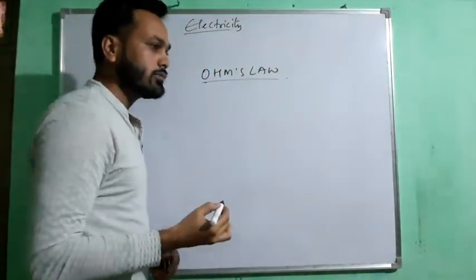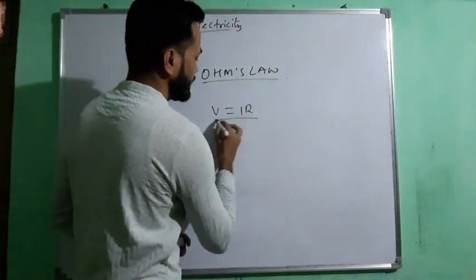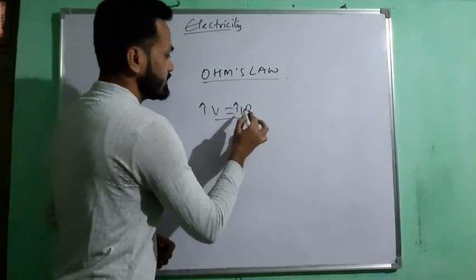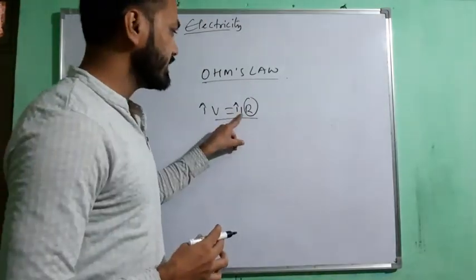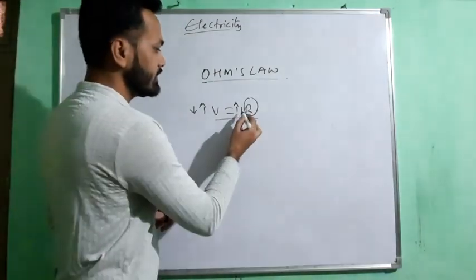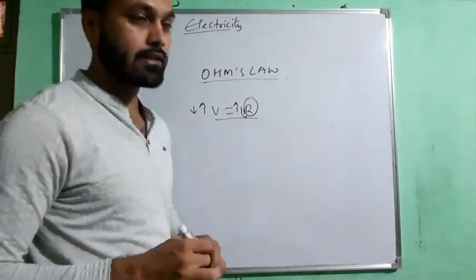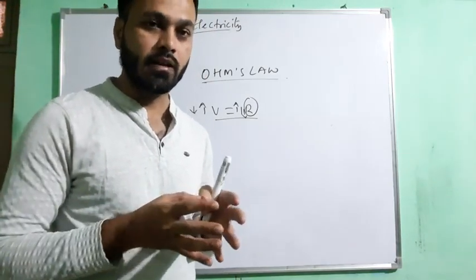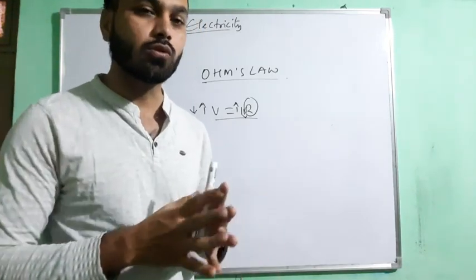So children, we have learned Ohm's law in the previous class. What it says, mathematically I am going to write it. This is the mathematical form of Ohm's law, which says that as you increase the potential difference, the current in the circuit also increases, and when you decrease the potential difference, current in the circuit also decreases. And this law is valid under certain conditions, that is, the temperature of the conductor should remain the same. At that condition, as you increase the voltage or the potential difference, the current in the circuit also increases.